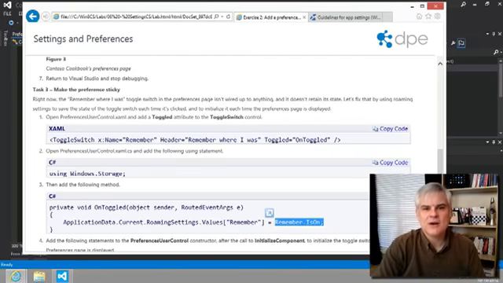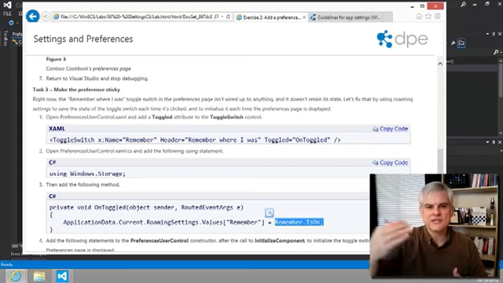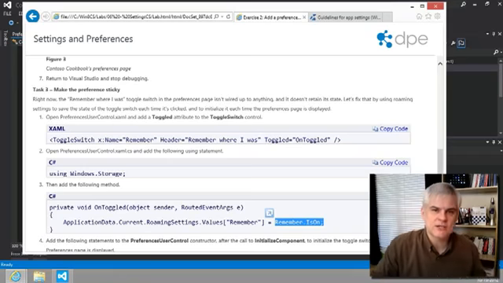All right. So in our case, we're merely going to be saving a name value pair in a special container that's called roaming settings. But as the lab indicates, we could also save the settings locally to local settings. Now obviously roaming settings would be our preference, so that the setting can be stored in the cloud for the given user. And say if you're using the same app from multiple devices, like a home tablet, a home desktop, a work desktop, and so on, by adding roaming settings, all of your settings would follow you across all those